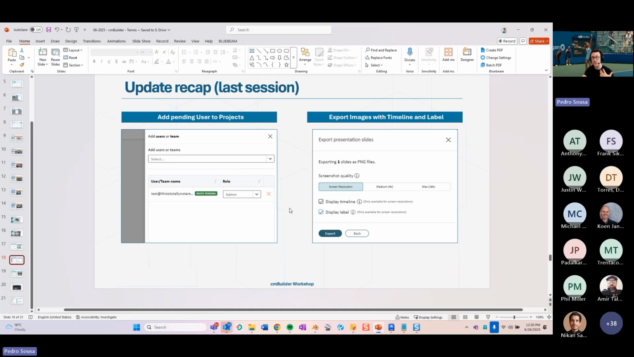So if you send an invite to a user and the person hasn't yet accepted, you can already invite that person to a project without having to wait for them to accept the invite, right? So that way you can quickly assign people to projects, even though they haven't